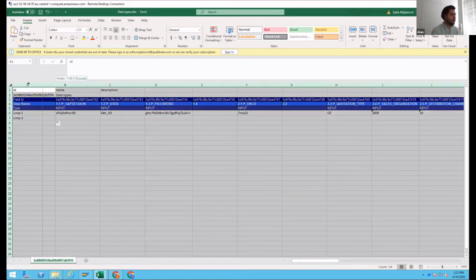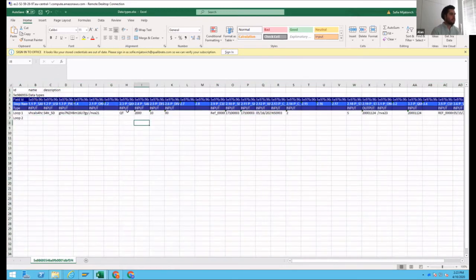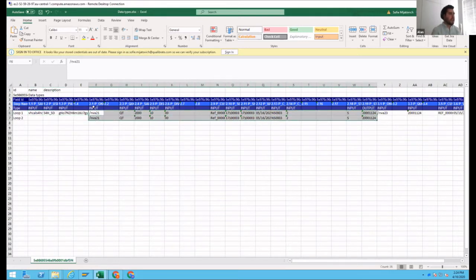So what I can do is that I can focus. Let me just collapse this a little bit better so I can see all the steps. I'm only interested in iterating on the task number 2. So in this case, it goes all the way till here, because now you see task number 3 in here. So the only data that I want to iterate on is basically this one. I hope you guys understand that concept, because what this means is that I'm only looping the first task once, but the second task, I want to run 2 iterations or 2 loops on it, right? And just so you see exactly what we mean when we do the import.